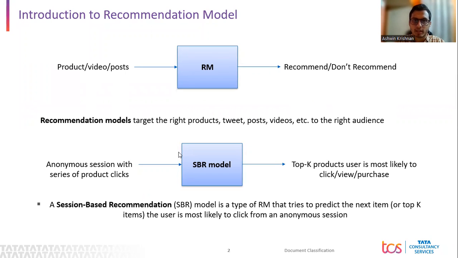Now, there are various types of recommendation models in the market. One such type is a session-based recommendation model. Here, the session-based recommendation model tries to predict the next item or set of top K items that the user is most likely to click or view next from an anonymous session. Here, the user profile is not available. So the model has to analyze a session that has a series of item clicks, and based on the analysis, the model tries to predict the next item or set of items that the user is most likely to view or